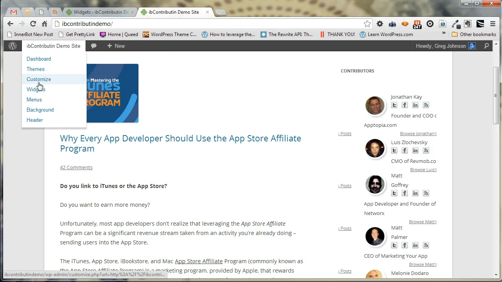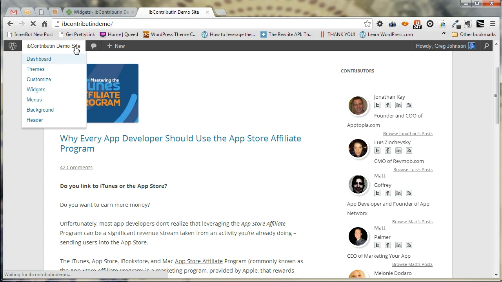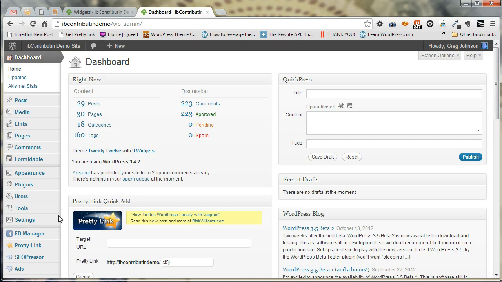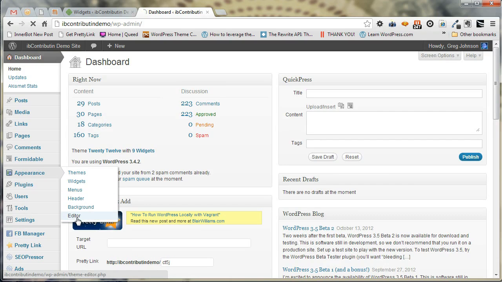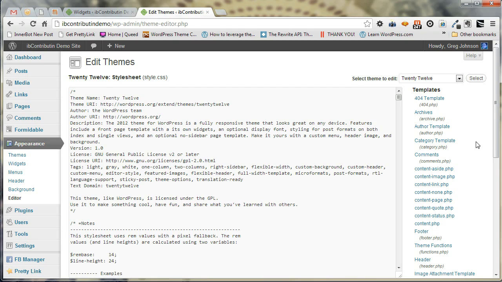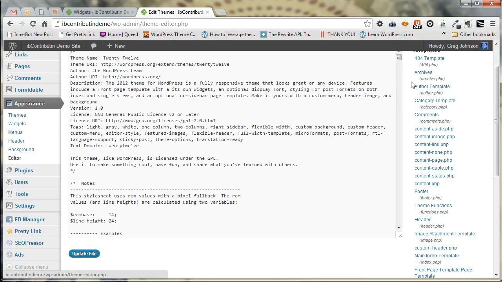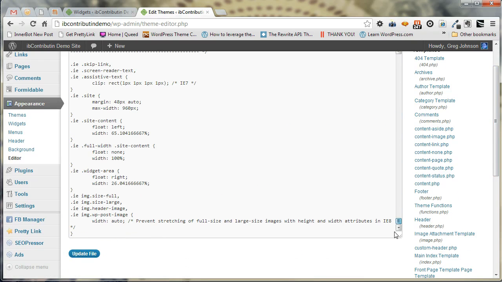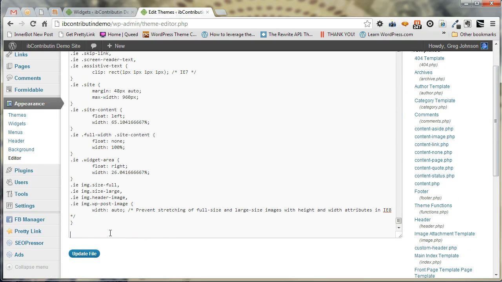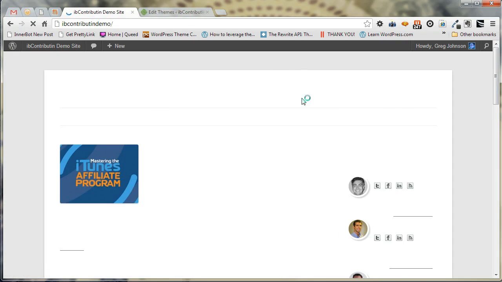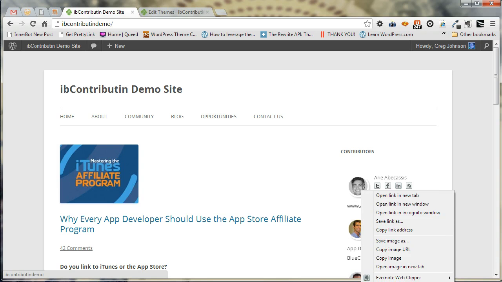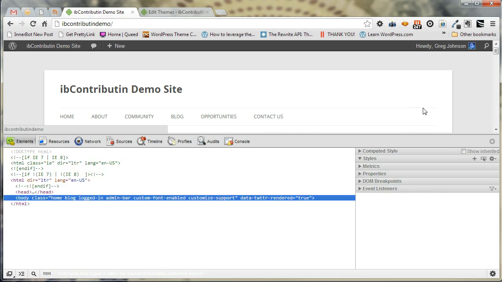We're just going to go back to the dashboard, and we'll add some custom CSS. So I'm going to do it by using the appearance editor. Hopefully you're using a child theme and you won't have to do it this way, but I wasn't 110% prepared, I guess, when I was doing this. So we'll scroll down to the very bottom of our style.css file, and we will go to the front end of the site, and this is how you customize to get rid of the circular border. We just right click and select inspect element,